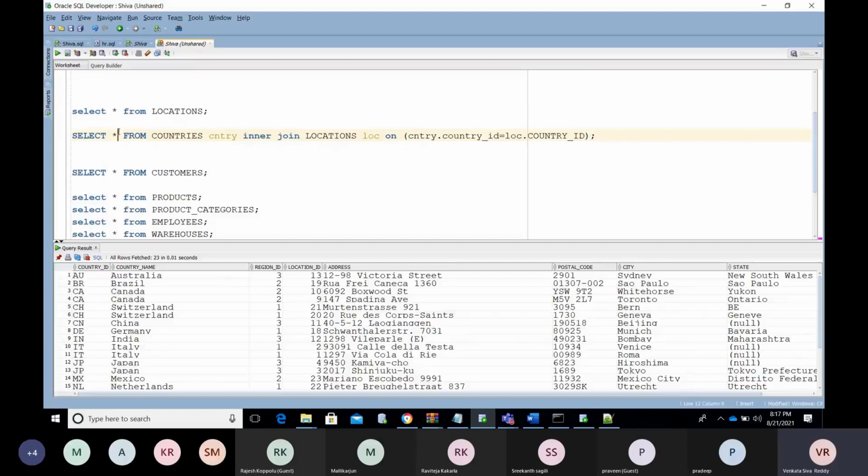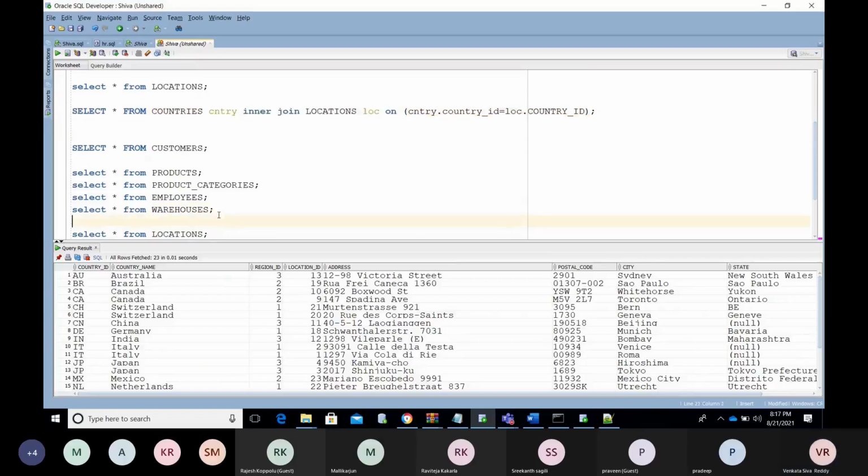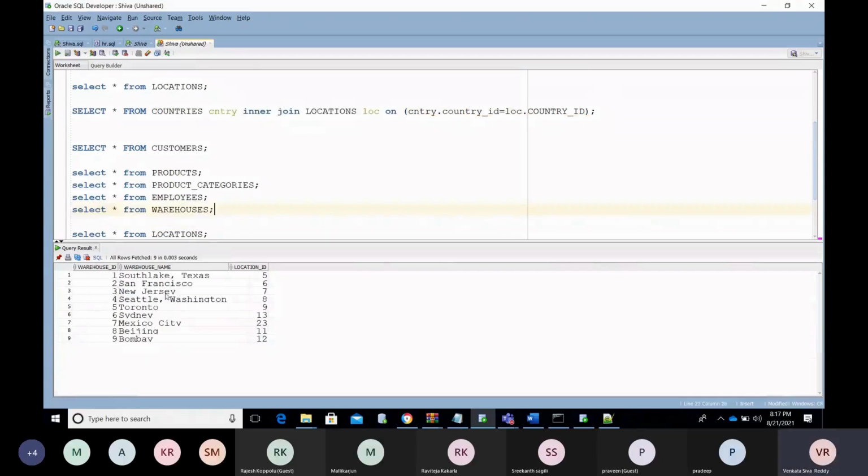Now this location is going to join with the warehouse table, which has location IDs. See here, the warehouse table has the location ID. So now we need to put the join with the warehouse tables.